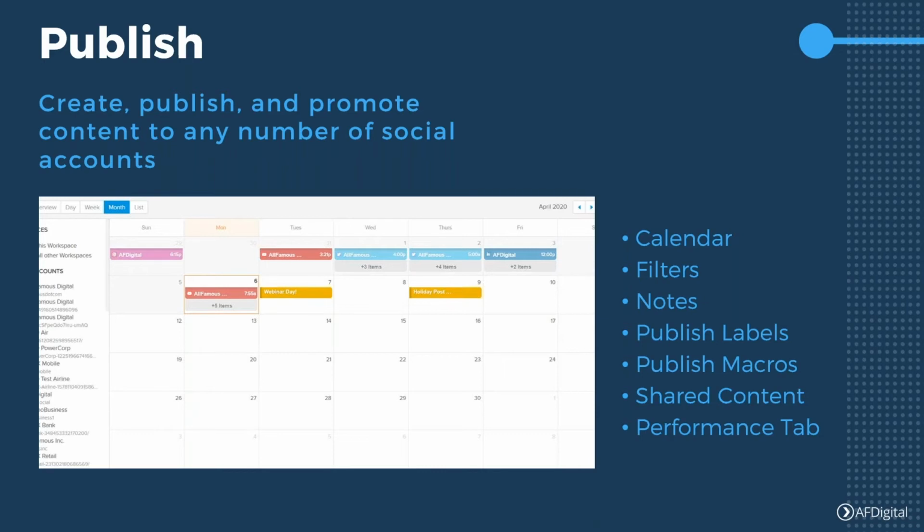And last but not least, for publish, we also have the performance tab, which basically shows you some metrics and the general performance of how your social posts are performing on your different social media accounts without having to access your accounts on their native websites. So instead of having to go to Facebook Insights, you can see the opens, the reach, the likes, the comments, shares, as well as the paid and organic reach and all the other different metrics just by simply accessing it within Social Studio. And then for engage,